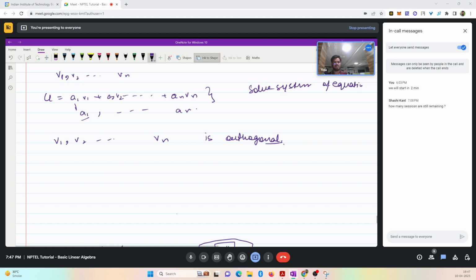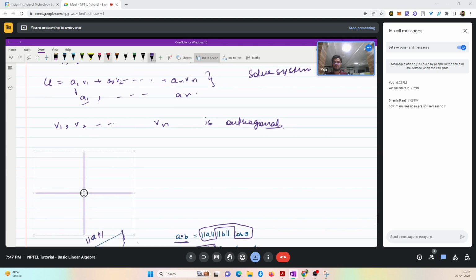Let's look at 2D space. Let's say I have a vector something like this. Now you see that for a two-dimensional R2, what you have is